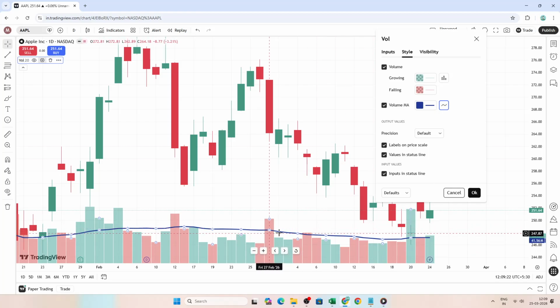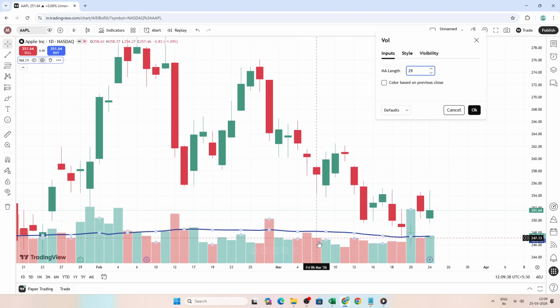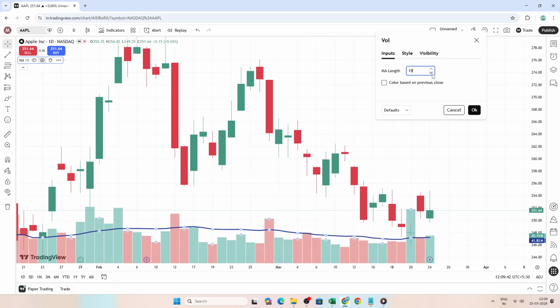Now switch over to the Inputs tab to adjust how the average is calculated. Look for MA length. This number is the count of bars used to compute the average, and the default is often 20. Increase the length if you want a smoother line that highlights longer-term volume trends and filters out short-term noise. Decrease the length if you want a more responsive line that reacts quickly to the most recent volume